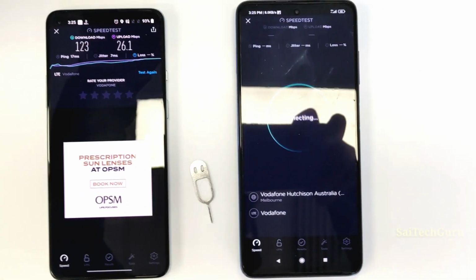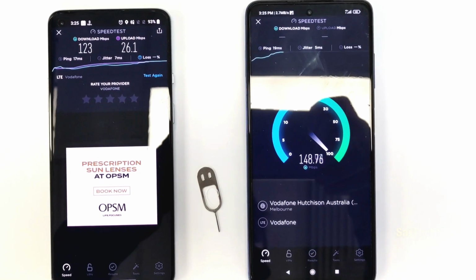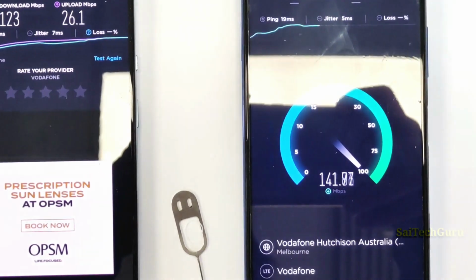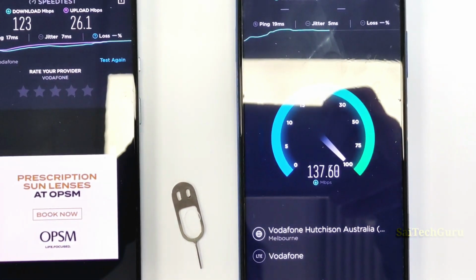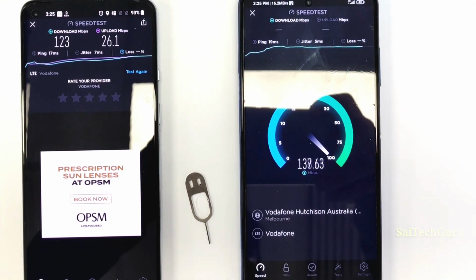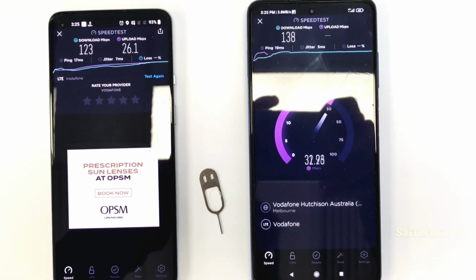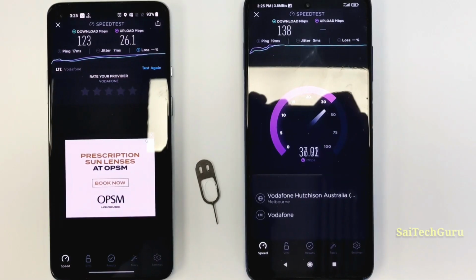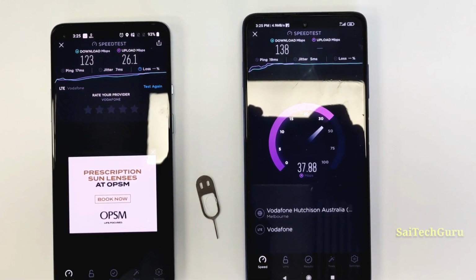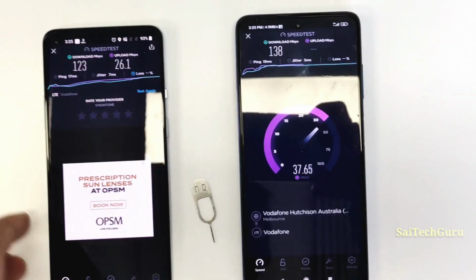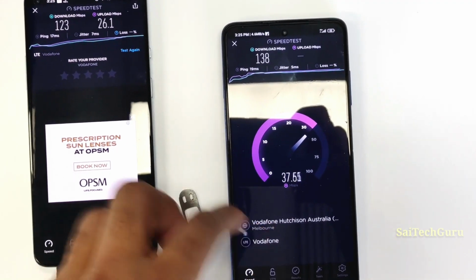So right now you can see here, friends, first I am trying to test the 4G data on the Poco X3 device. So at the moment you can see the Poco X3 4G data speed test was close to, I think, 140 Mbps. On the top, if you notice on the status bar, it says 4G plus as well on the signal. So as you can see right now, I'm getting an average of around 140 Mbps.